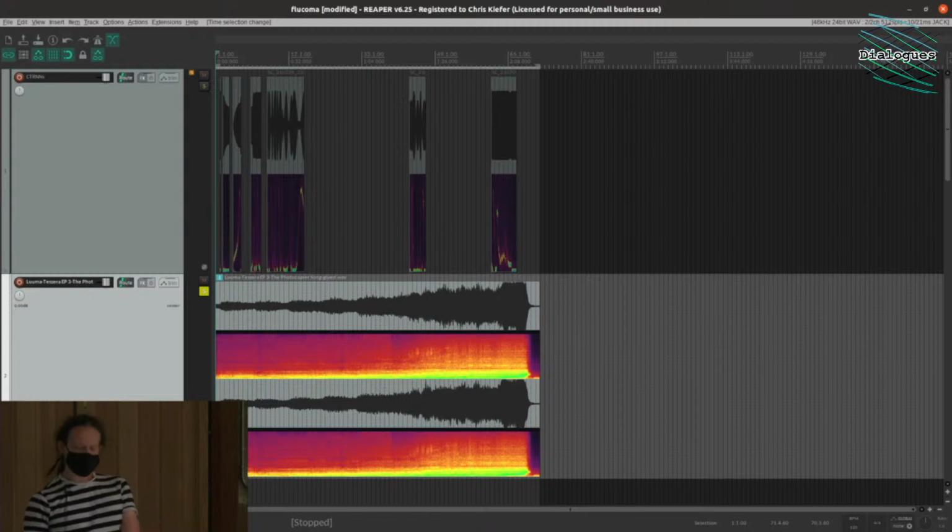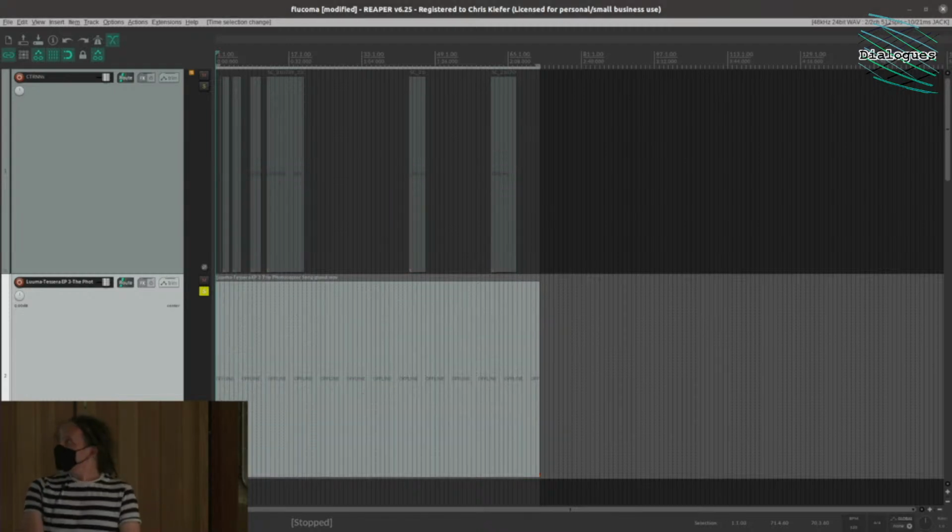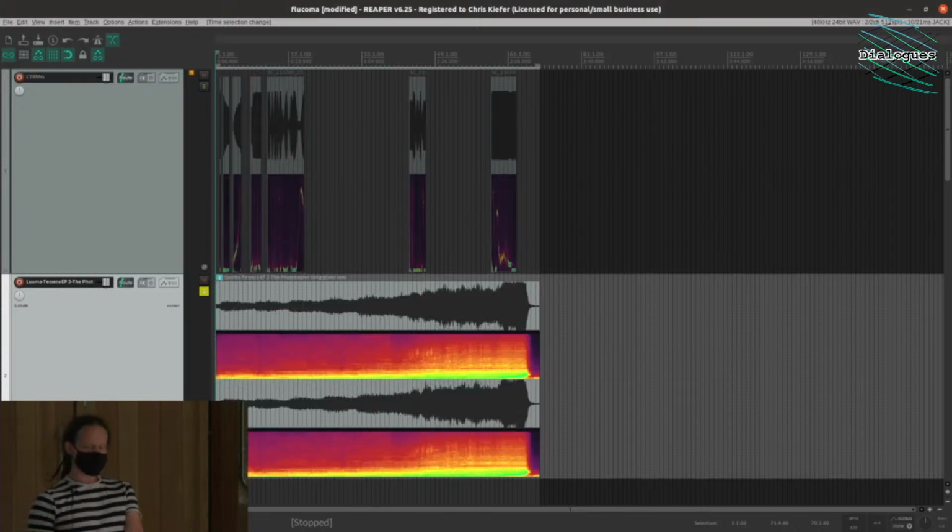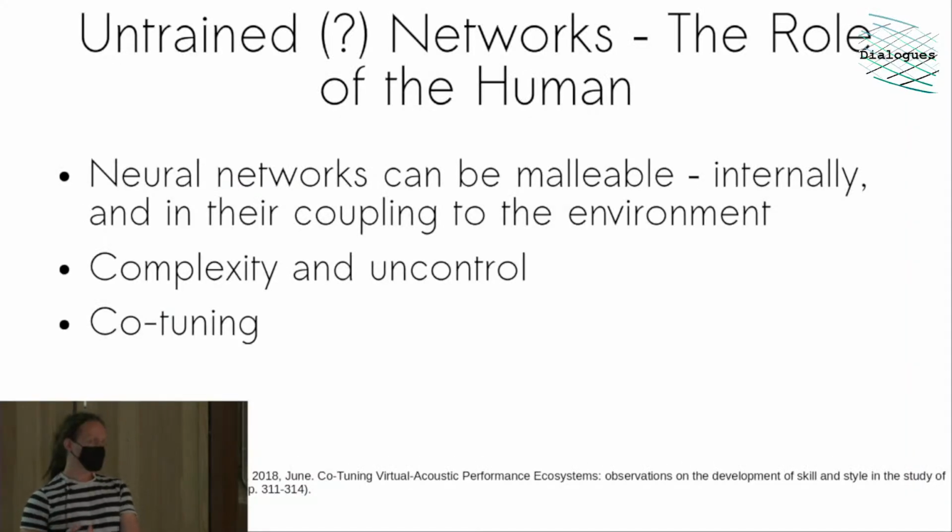So the point of that really was that it's quite interesting to think about networks and just what's going on inside them before you get to actually thinking about how you're going to train them. And when you do train them, how are you shaping that intrinsic behavior? So to look at the behavior of the network first before you touch it, before you modulate what it's doing. And that can happen by thinking about how the network is coupled with the environment.